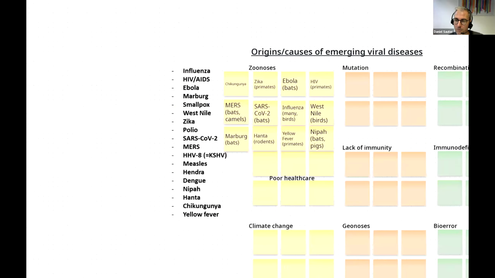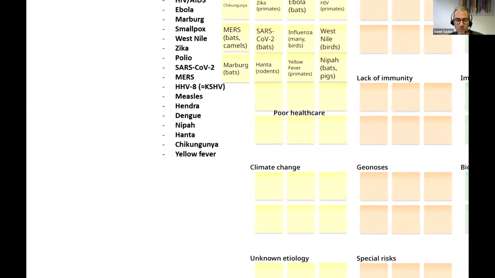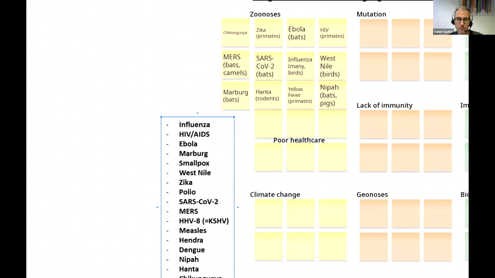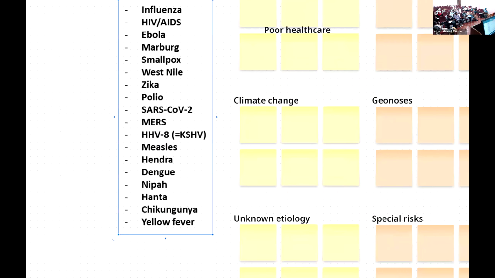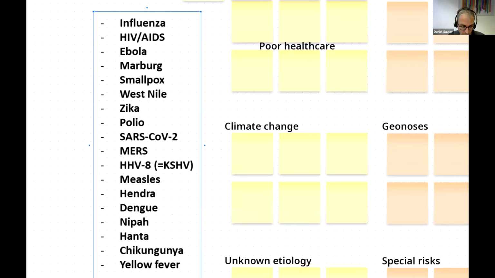Let's zoom out a bit. Maybe we jump to climate change. Which of these viruses would you say benefit from climate change because they are transmitted by vectors such as mosquitoes that also spread more efficiently because of climate change? Which of these are vector-borne diseases? Sorry? Dengue. Yes, the dengue virus. Perfect.